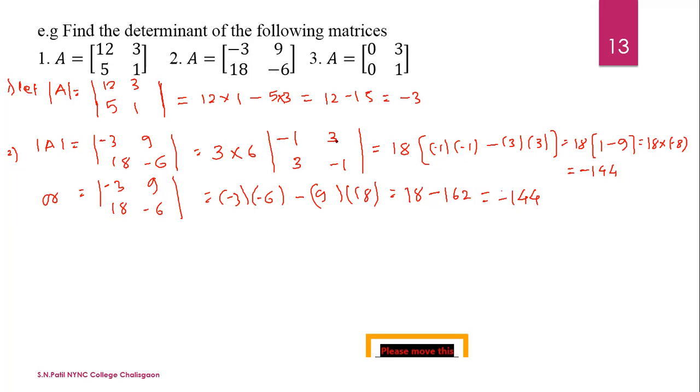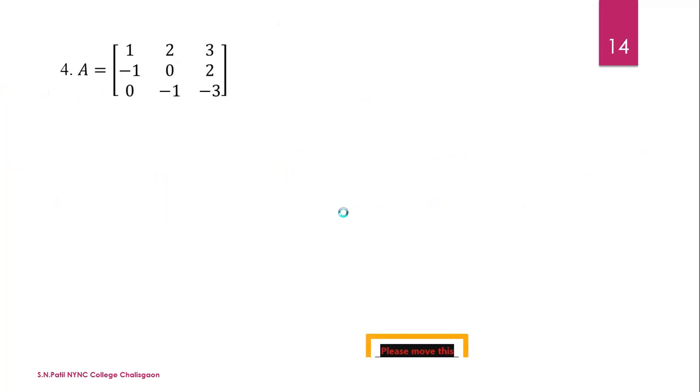So here we use the determinant property. We can take a common number out from a row, or otherwise from a column. It depends on the example. Here we have taken 3 common from the first row and 6 common from the second row. Then we get a simple calculation instead of this complicated calculation. Now the next example, example number 3.